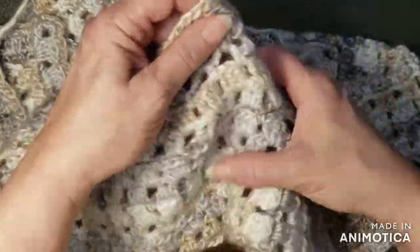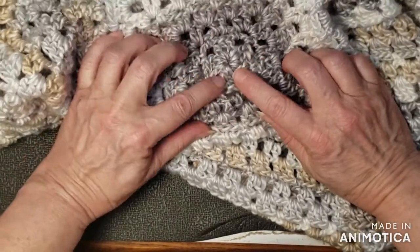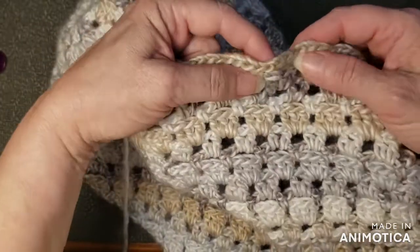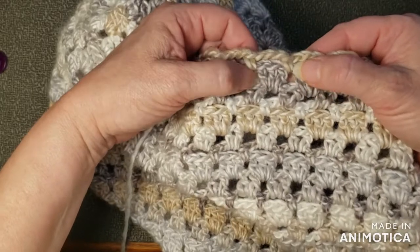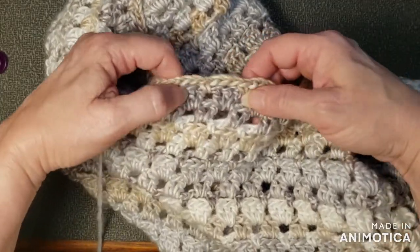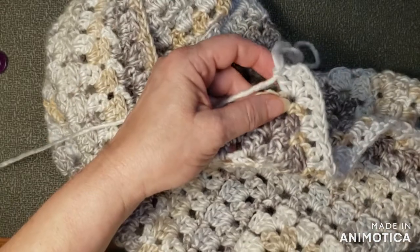when you're going along. So if you start out with a regular granny stitch right here, the next row after your regular granny is a single crochet, chain 3, single crochet, and you do the single crochet in between the granny. So there's your granny, and then you chain 3 single crochet, and you keep doing it all the way around. So that's row 2. Row 3 of the repeat is a V-stitch, and you do your V-stitch